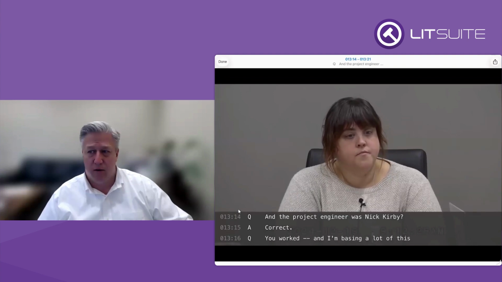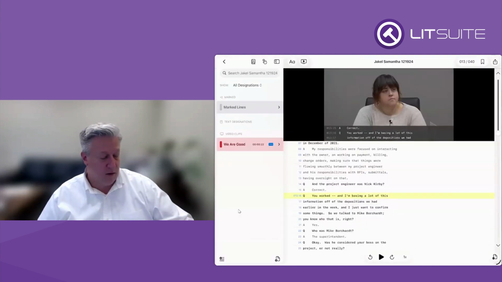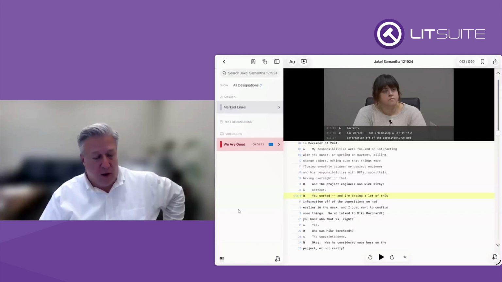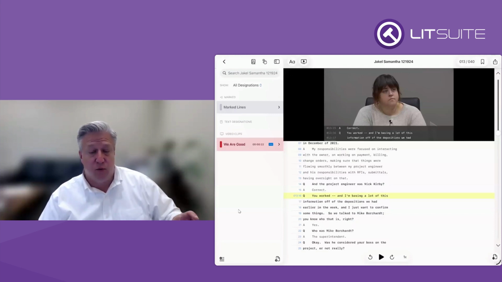You can mark certain areas. So for example, I've got a pre-marked video clip, this We Are Good video clip. And you just start pre-marking clips that you can use to impeach witnesses, or live if you're in trial and you're like, wait a minute, they testified that the color was orange, not that it was green. And then you find the orange, you can tap on the lines that you want to play to the jury,